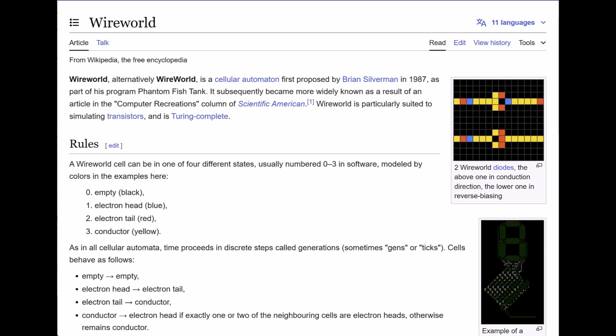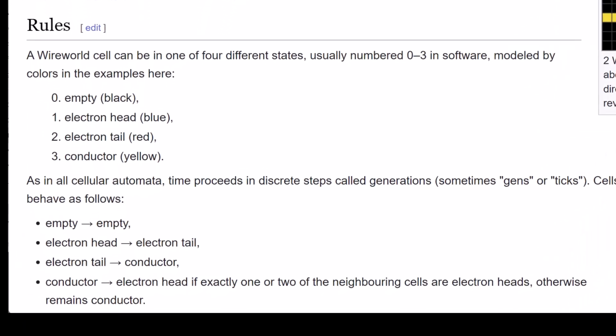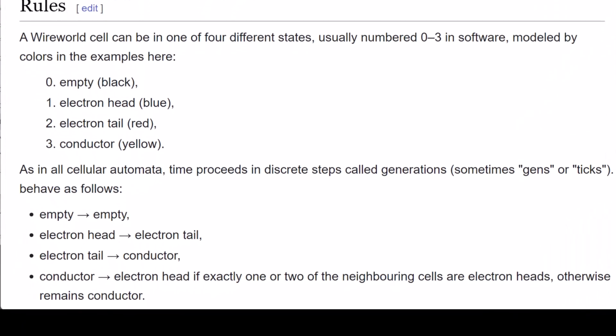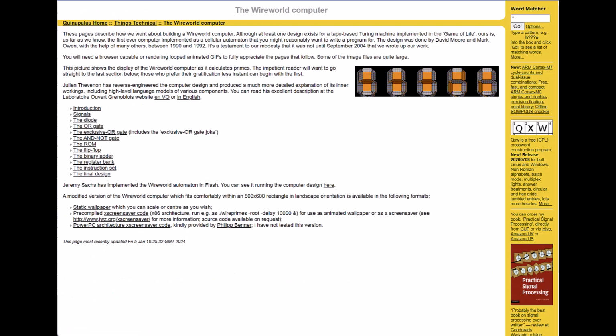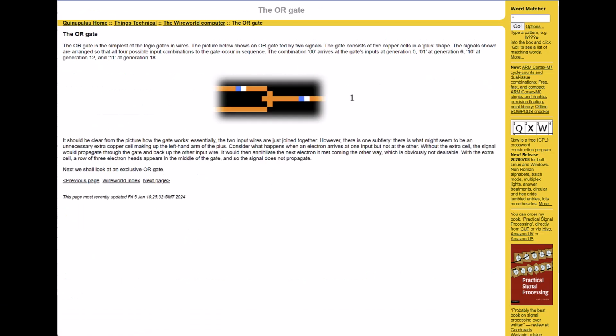WireWorld is a cellular automaton with only 4 types of states: empty, head, tail, and conductor. The rules are as follows: head turns into tail turns into conductor, and conductor turns into head if it has exactly 1 or 2 neighbors. Using these rules, you can build logic gates, which of course means you can build a computer,